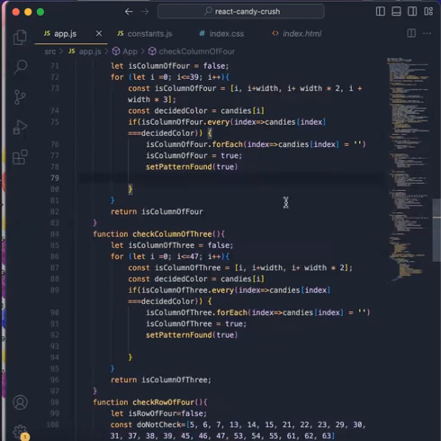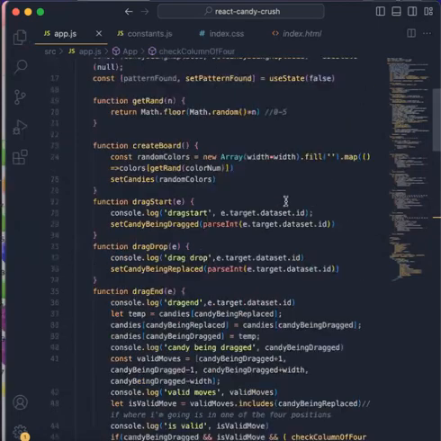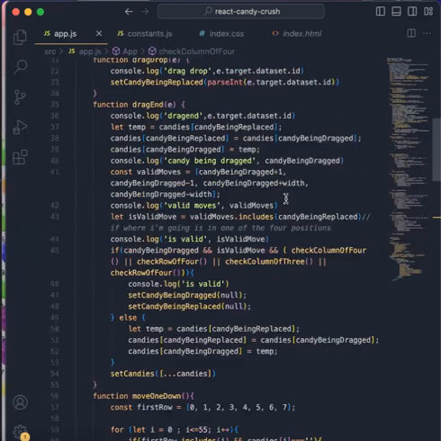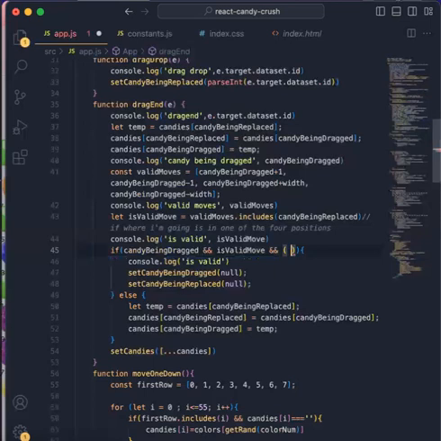Right. So in my function here, instead of this big one, I can just say is pattern found. Okay. Okay, now